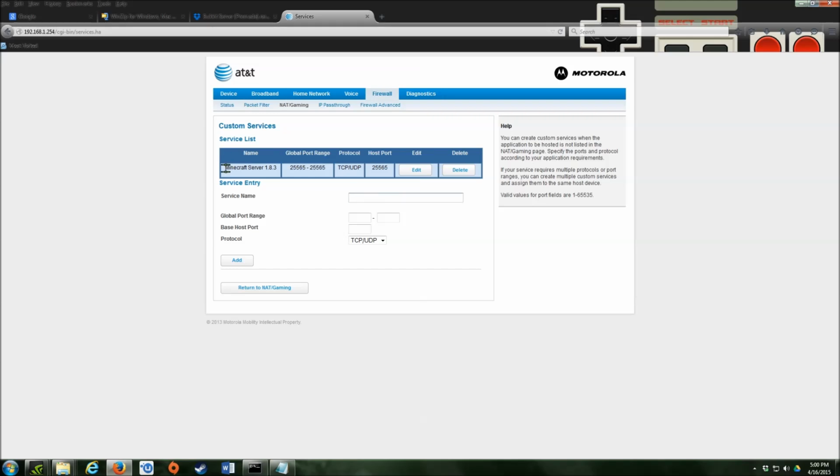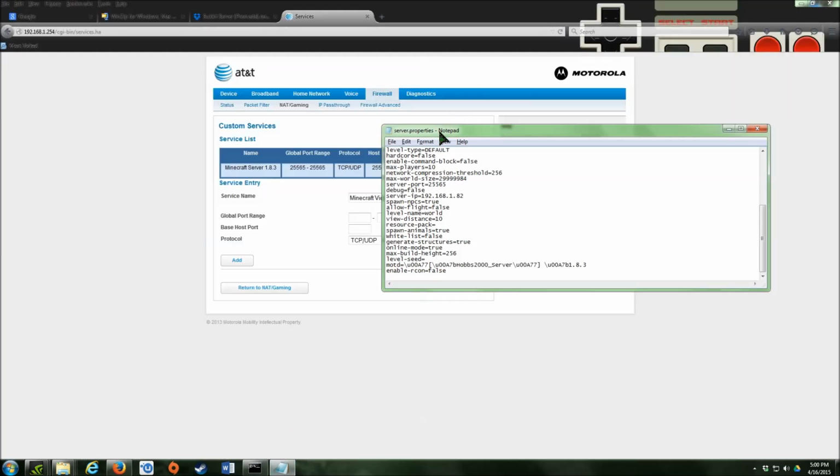and this is actually my current Bukkit server right now running. But you'll make a new port. So I'm going to name this Minecraft video server, for this video. And now you're going to want to go back into your server properties,